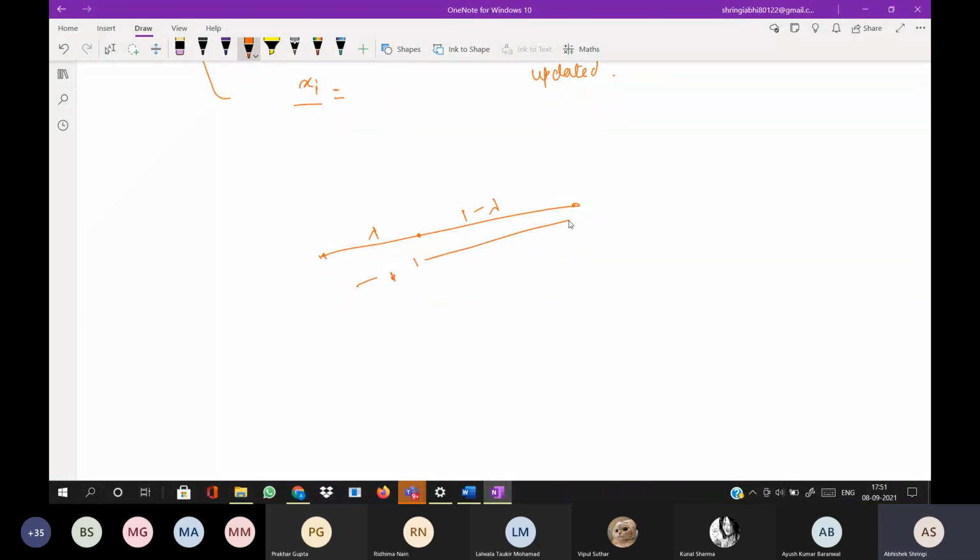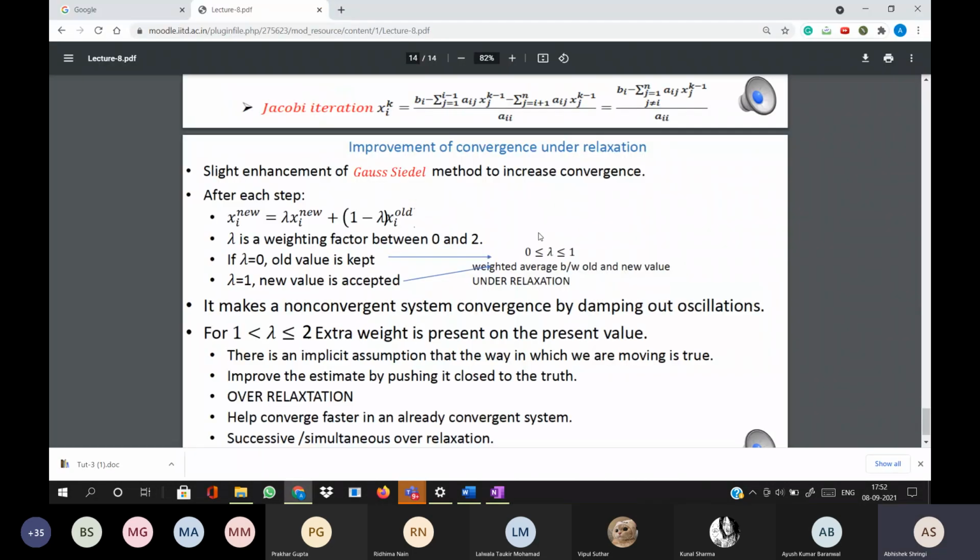The whole line segment is 1. So how these two values are weighed, so that this distance is known. So what we do is we take the coordinate of this and take x1, x2. So what it ensures is that the resulting point is lying between this x1 and x2. So when the resulting point will lie between x new and x old, so obviously